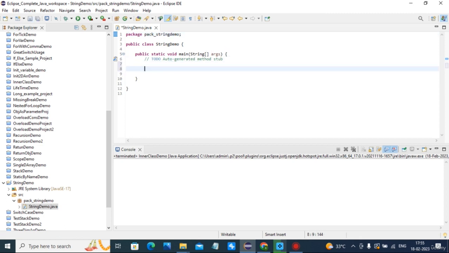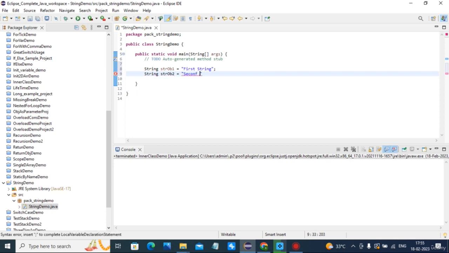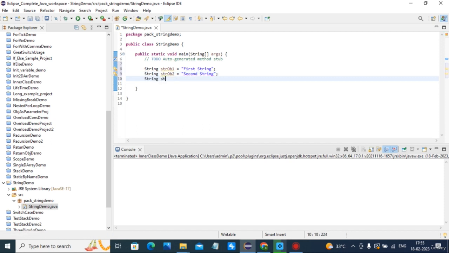Then string object1: string str object1 is equal to first string. String str object2 is equal to second string, and third is a combination of two.